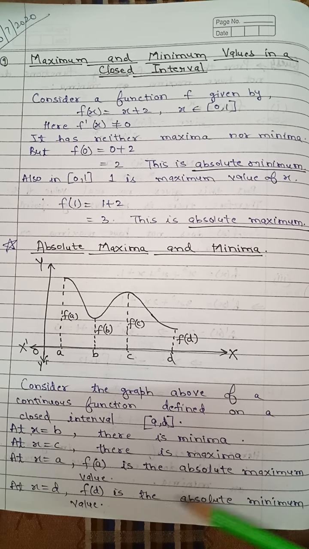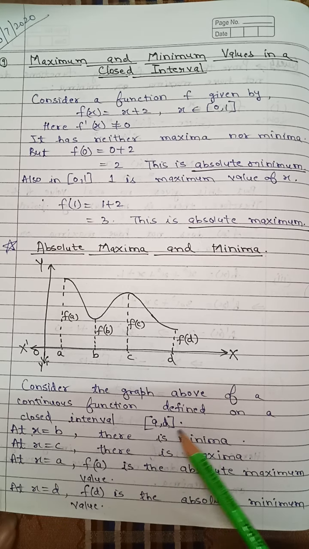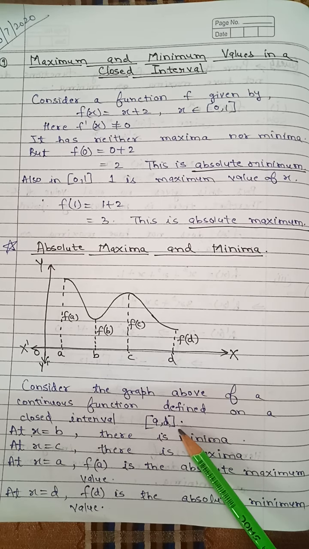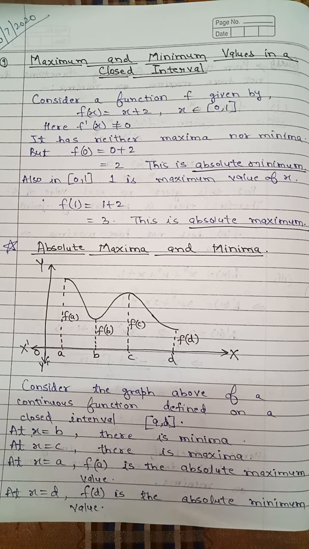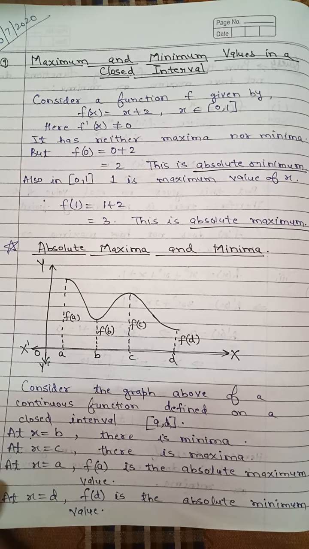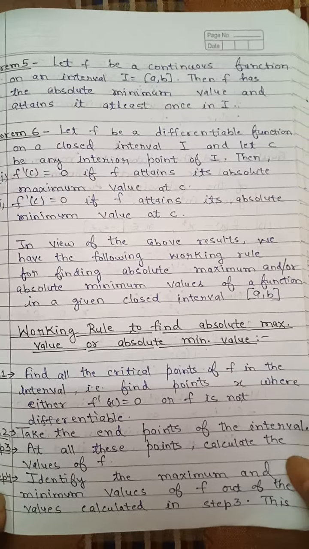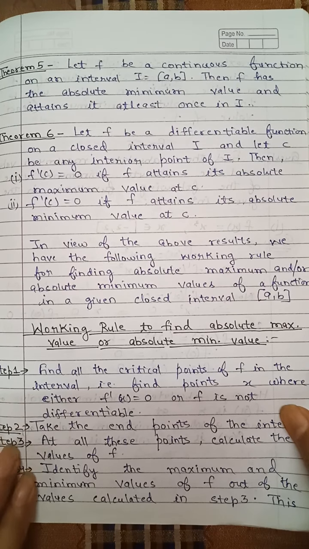So this is the difference between the maxima and minima which we found in the previous topic. Here, according to the interval, we will be checking at the end points and at the critical points. Out of those 4-5 points, whatever answer we get, accordingly we will say where the maximum and the minimum value exist. Moving to theorem number 5. You can see in your books theorem number 5.